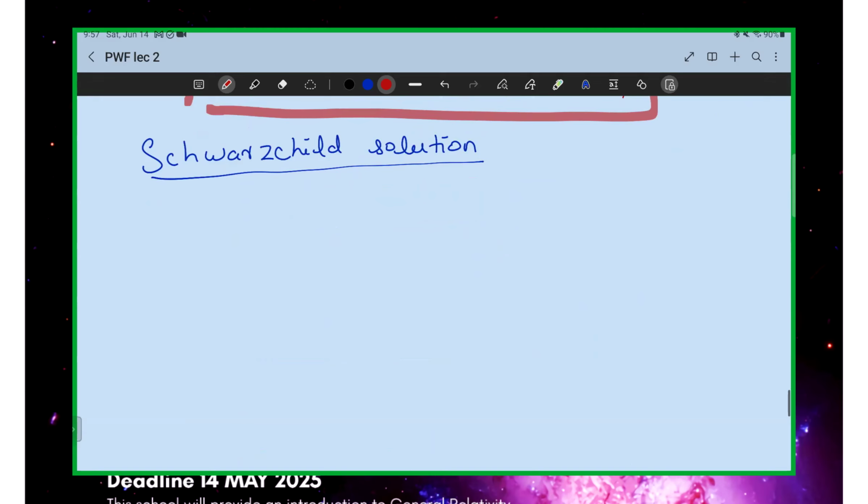black hole solutions in general relativity. Now, there's a statement that I'm going to make, but I will not prove that statement because it's a non-trivial statement. When you talk about black holes in general relativity,